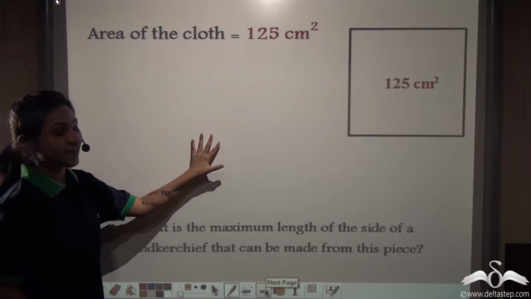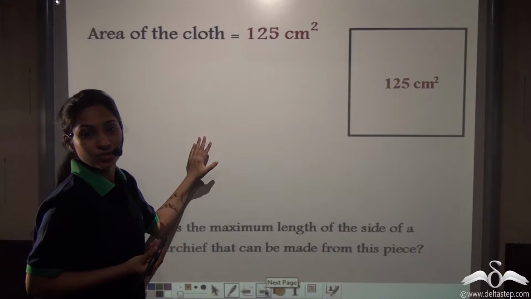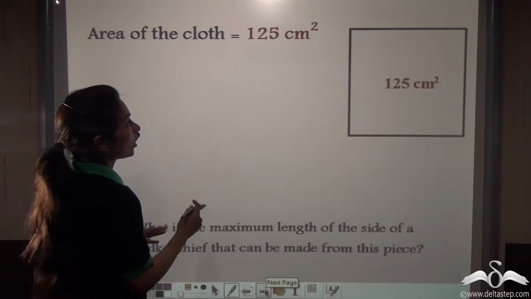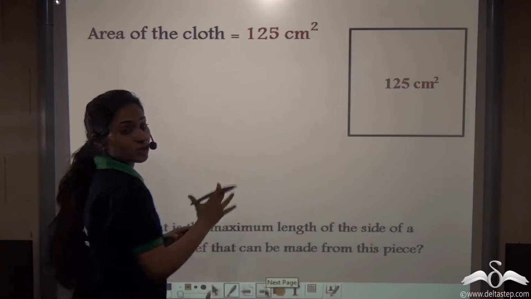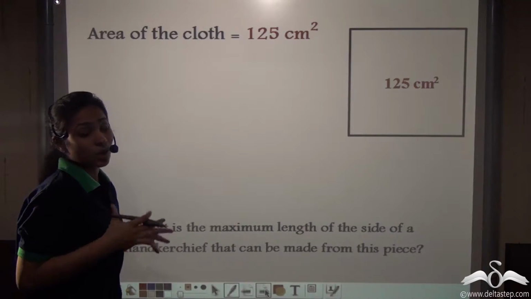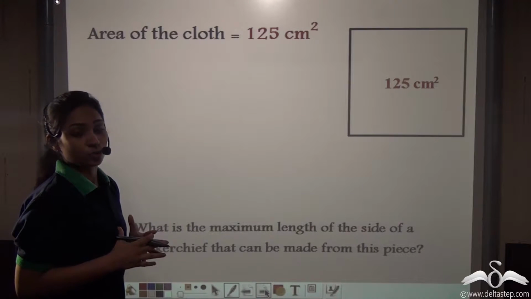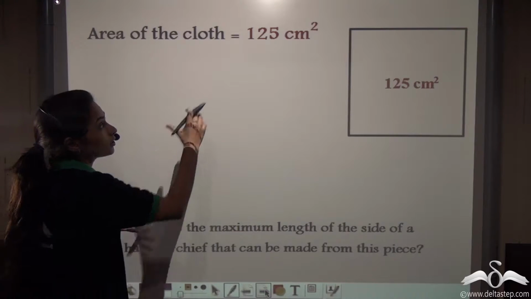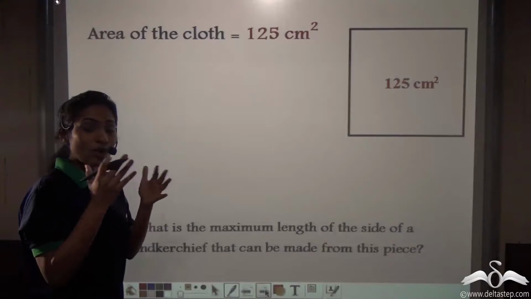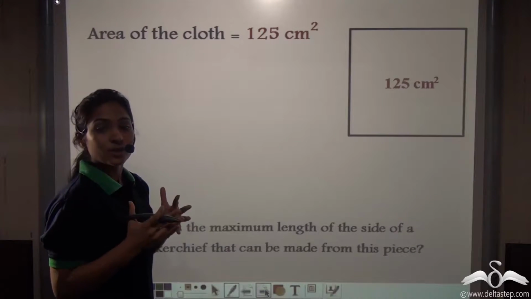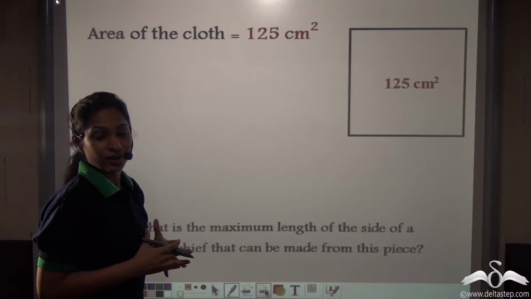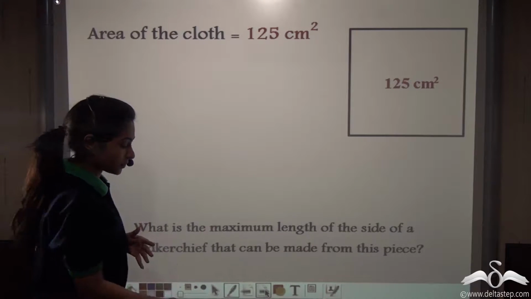Well, in these cases, we do estimations of square roots. Now here, you cannot directly find the square root of 125. Now 125 may or may not be a square number. Then what do we do? Well, find out the squares which are above or below 125, or you can say closer to 125. Find out those square numbers.